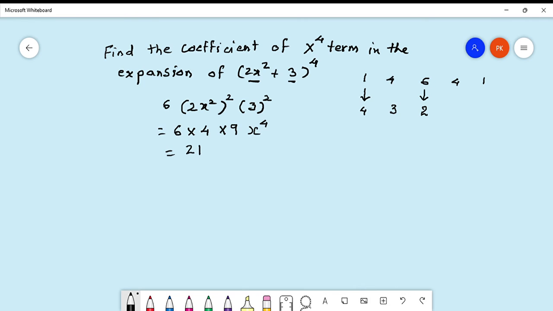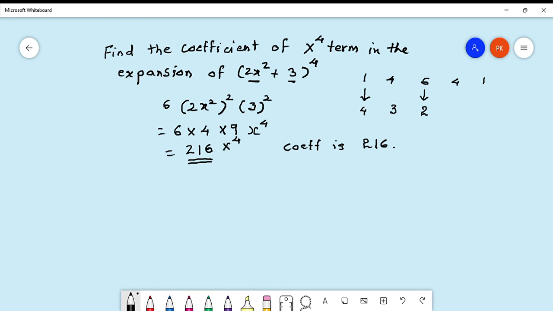216 x to power 4, and hence the coefficient is 216. So in this case, keep it in mind that